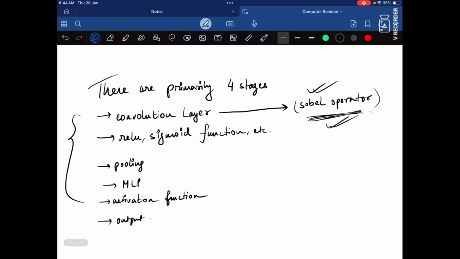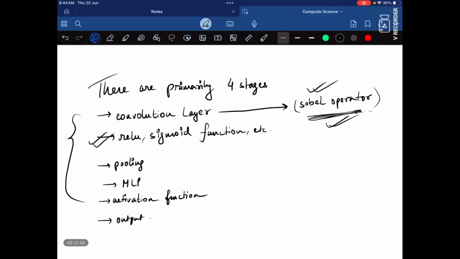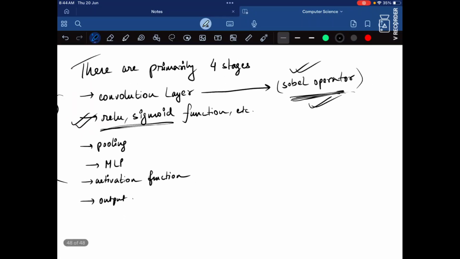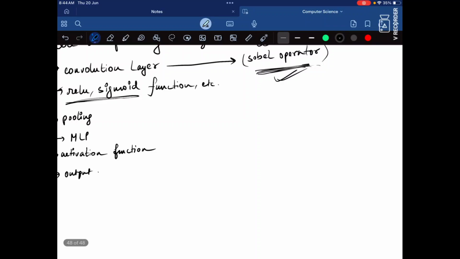Then comes the second layer where we apply the ReLU function or sigmoid function. So what are these functions? ReLU function is, suppose this is the graph with x and y axes. For an image, suppose the red color value is 56. We don't want 56. We want it to represent either 0 or 1.